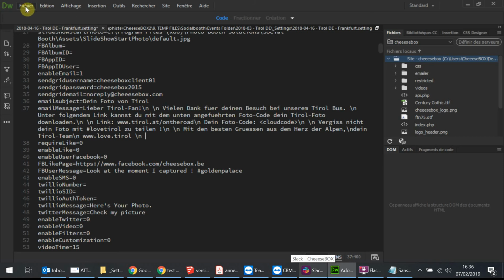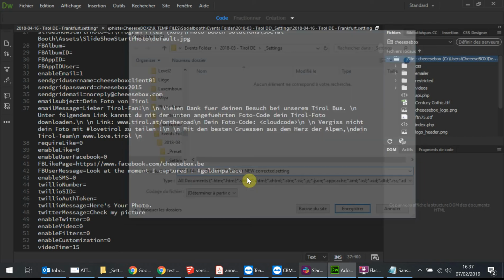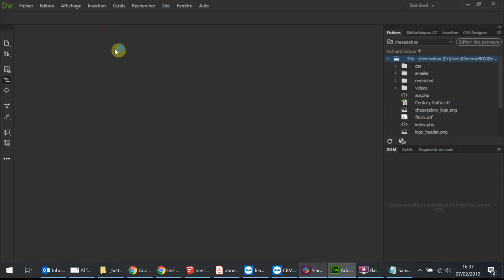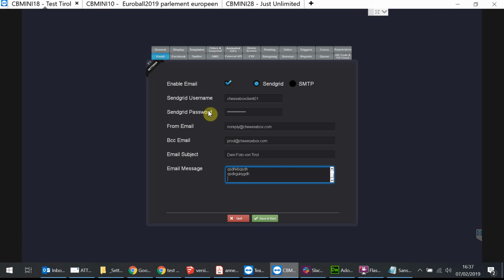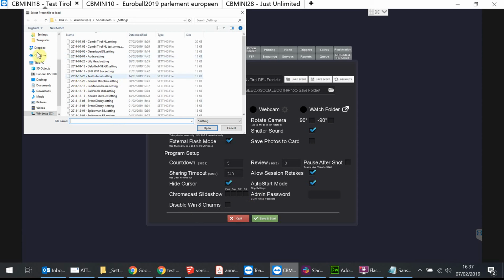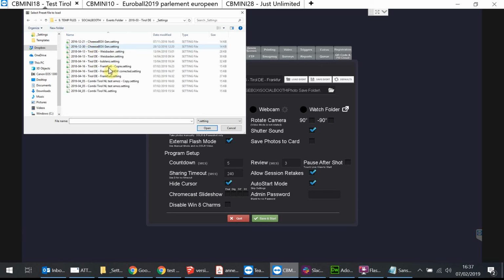I'm gonna save it onto Frankfurt new corrected. Save it. So it's in Dropbox. I'm gonna close this and this. I'm using TeamViewer, as you can see. I'm gonna load my events, going back into the Dropbox files, Socialbooth, events folder, channel D, settings. So I've got here Frankfurt new corrected, and if I open it,